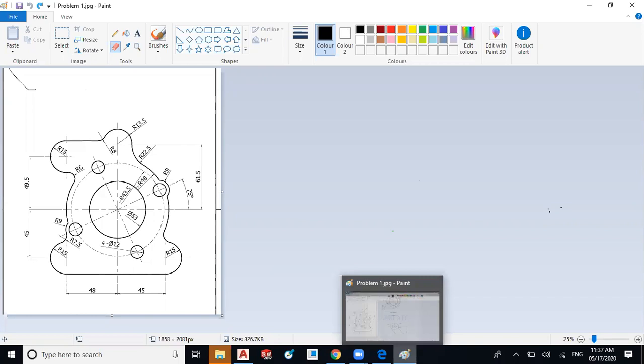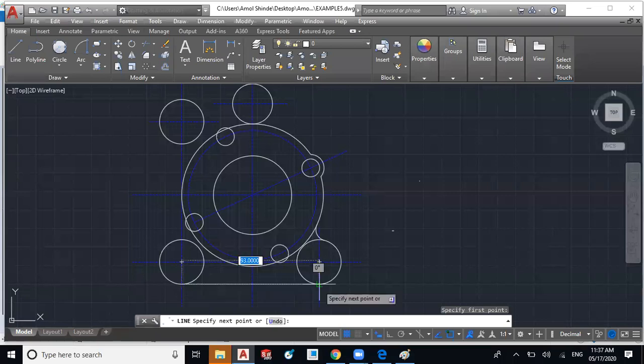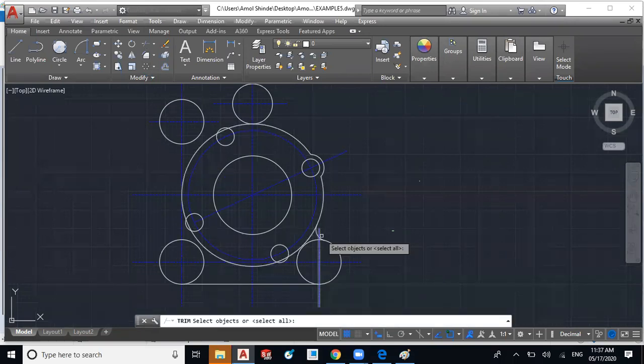Okay, then we will join this horizontal line between two quadrants of the circle. So we have to join this horizontal line between the quadrants. So I will join it, and I have to trim this portion.